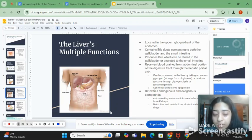And I'm going to be talking about this in the next slide further on. But bile can be stored in the gallbladder if it's not needed right away, or it can be secreted to the small intestine and undergo its function essentially. So the liver can receive blood, which is drained from the abdomen portion of the digestive tract through the hepatic portal vein system, and it's essentially going to take this blood and process it,